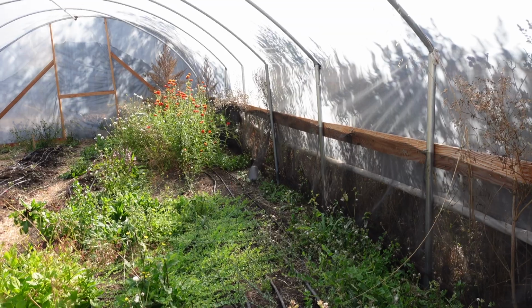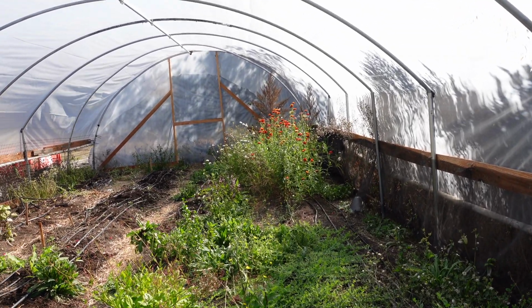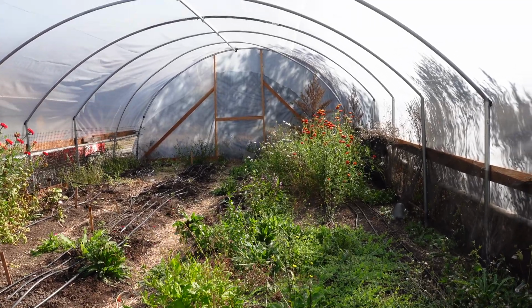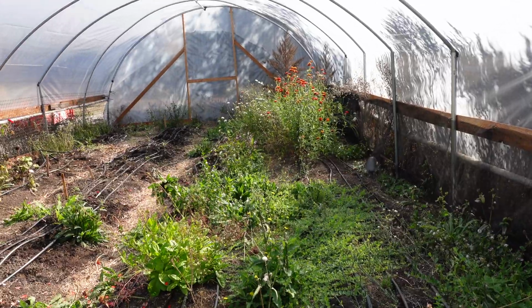So it looks horrible to me right now, and my struggle right now is I don't even know who's going to take over this plot, or even if it's going to happen anytime soon. And so these weeds would grow anyway, but it makes me feel like I don't want somebody to think I was a bad steward, because right now it looks like I was a bad steward. Anyway,